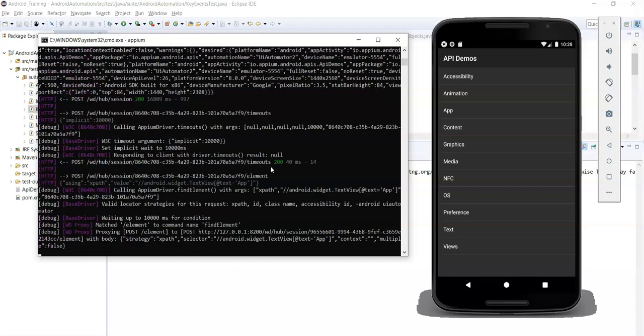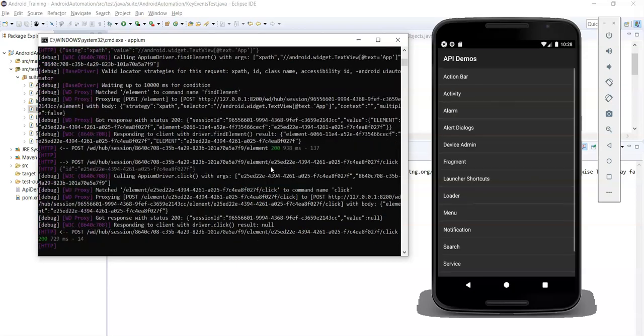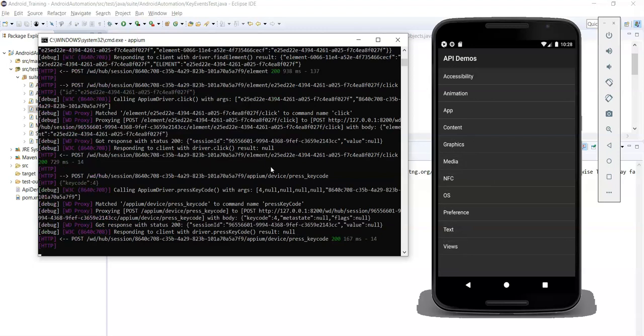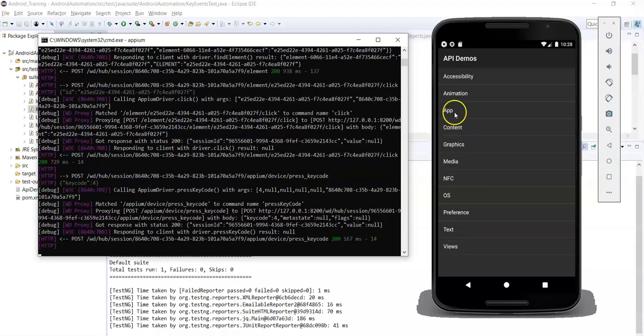The app is successfully opened, and it clicks on app name, and then clicks on the back button and navigated back to the main page. So in this way you can handle key events.